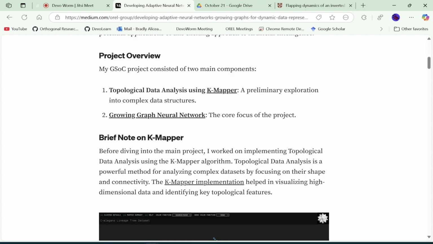Thinking about topological data analysis and what we can get out of it. People have done this with C. elegans connectome already, so there is some precedence for it. But otherwise, I'm kind of interested in that aspect of the project. And although she did work on that, it wasn't taken to any sort of completion. So that's still open. But the more important part is this growing the graph neural network part, which I think is going to be really interesting.